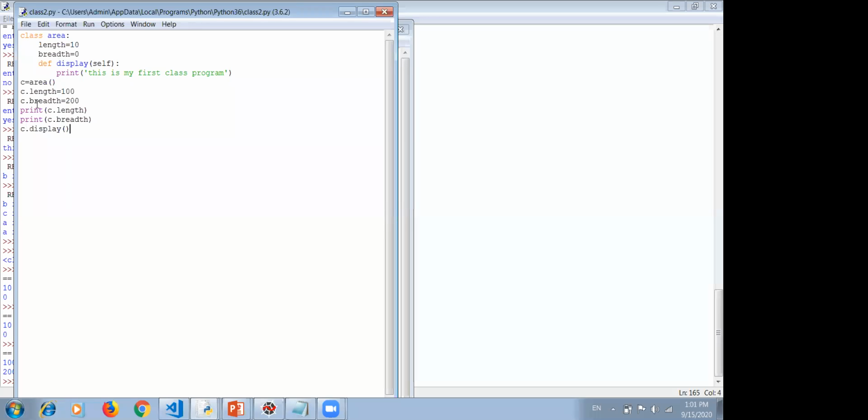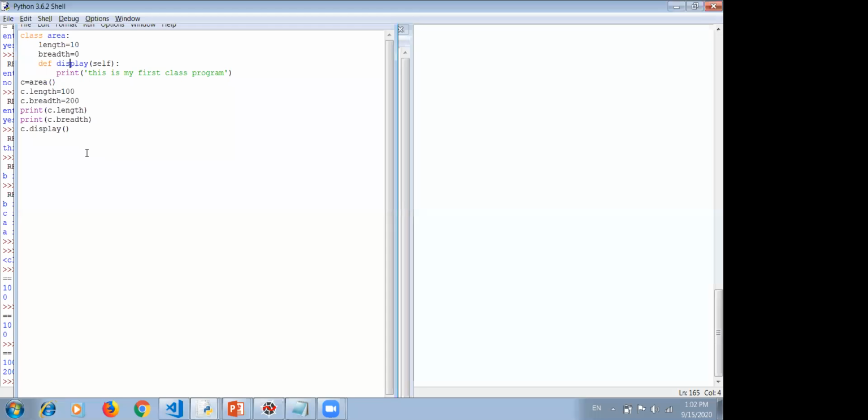In the previous program, by using this object, we were just printing the length and the breadth, but now in this program, we are calling the function. So this is a new thing that I have added in this program. Along with these two values, I have also added a function in the class. So a class is basically a combination of attributes and methods, and these attributes are used in this method.